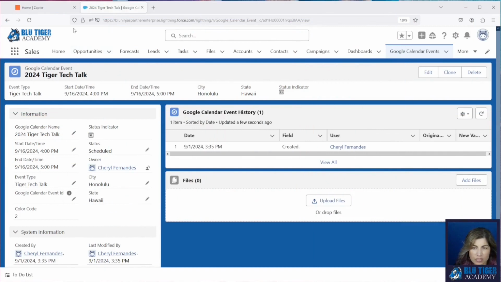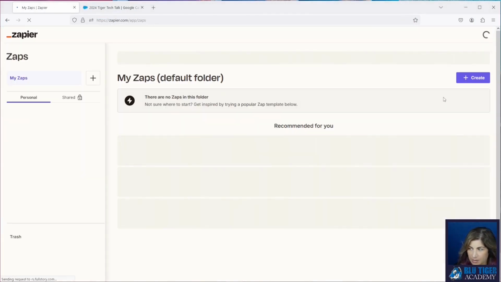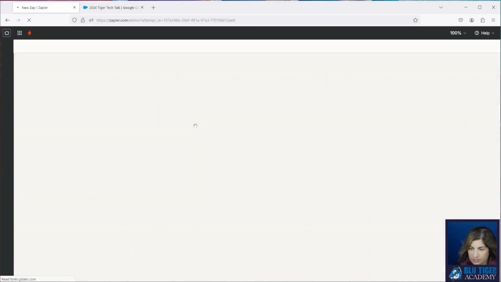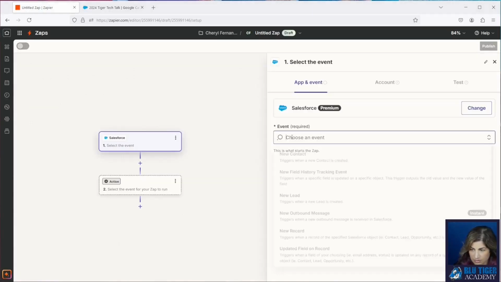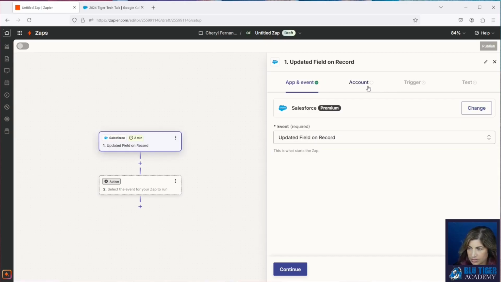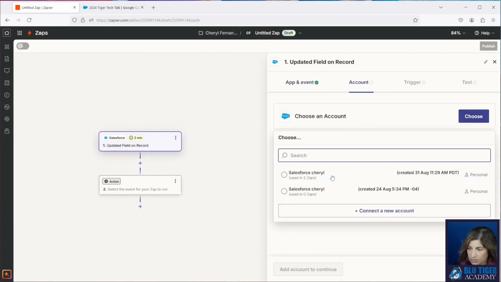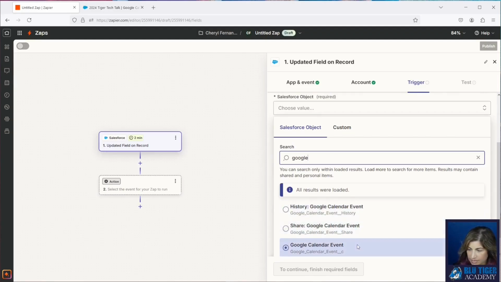Okay, so our first step is to go over to Zapier and create a brand new Zap. Our trigger is going to be Salesforce. Our event is going to be update field on record. We'll choose our account, and then our object is going to be our custom object called Google Calendar Event.